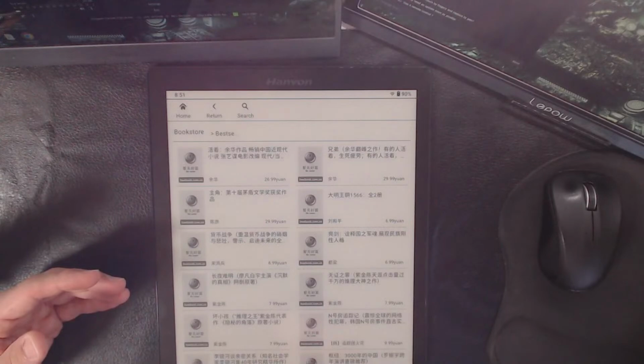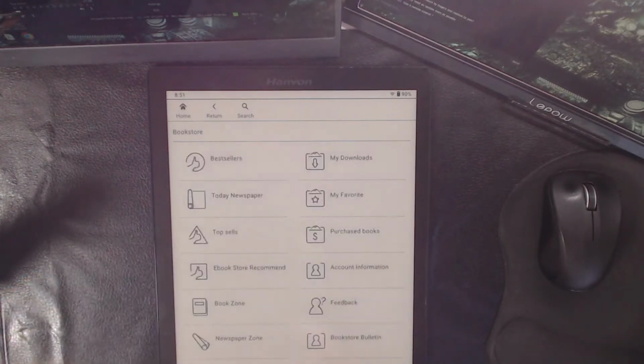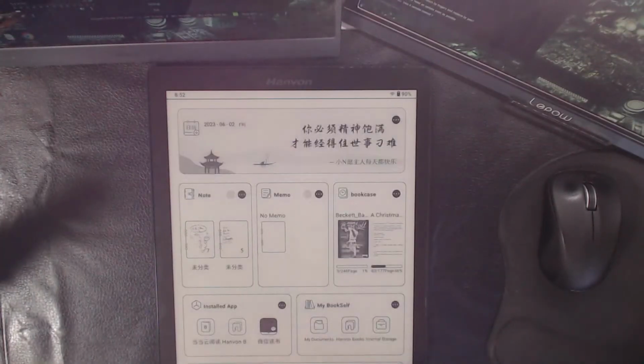Has it got a remote control? No, but you can select Bluetooth and add a remote control. It doesn't have one with it, no. No device in the e-reader industry has a remote control with it. Not one of them. But actually, you know what? Technically,